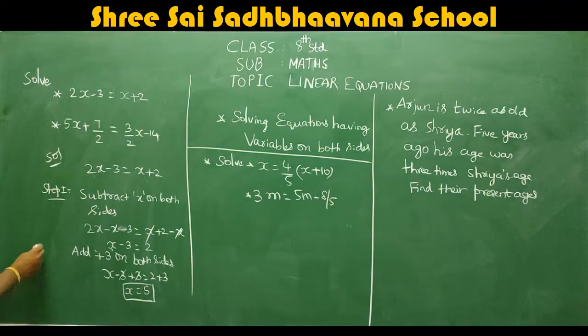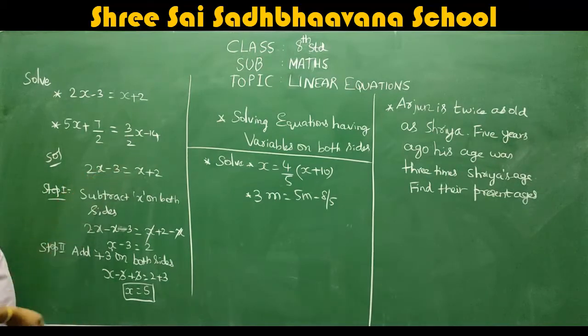First step, we have to subtract x on both the sides. Why do we subtract x? The reason is when you subtract x, two favors will happen. What do I mean by favor? If your simplification is reduced, obviously that is one favor for you, isn't it? That's the reason I said favor.